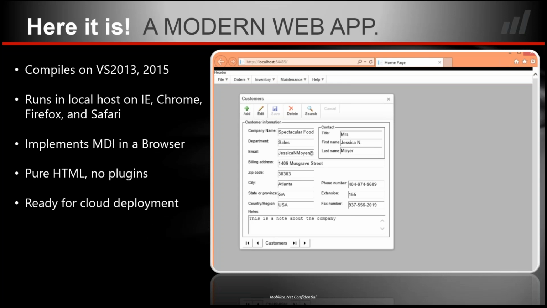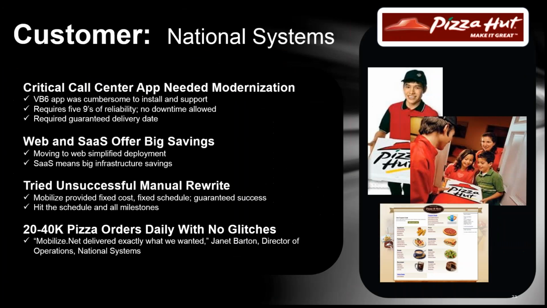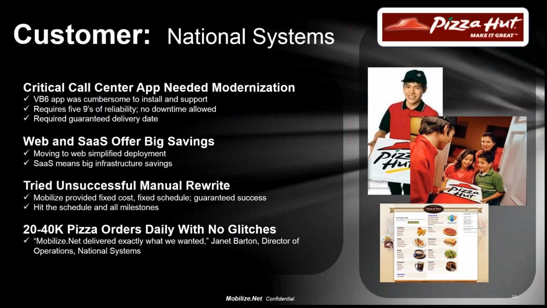The first one is a customer called National Systems. This is an ISV who sells call center software, and really the biggest customer that they have is Pizza Hut. Pizza Hut has a great ability where if you call and order a pizza, the telephone call is routed using voice over IP to call center agents that very frequently are home workers, home office workers who work part-time handling